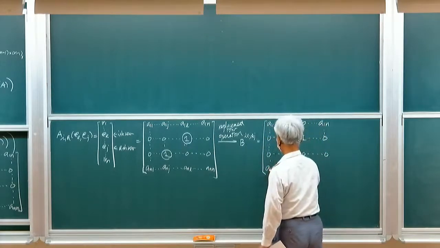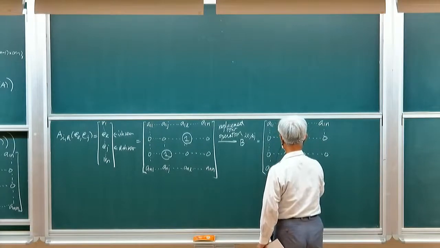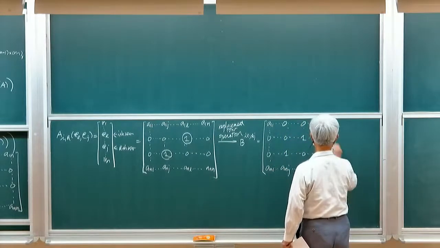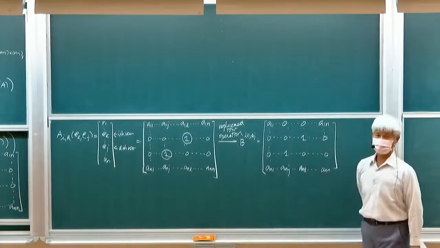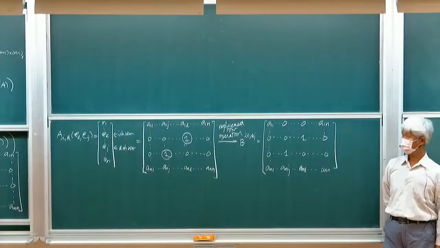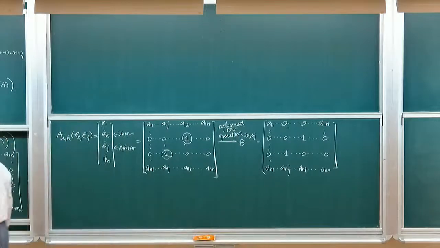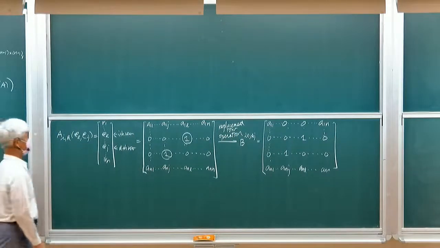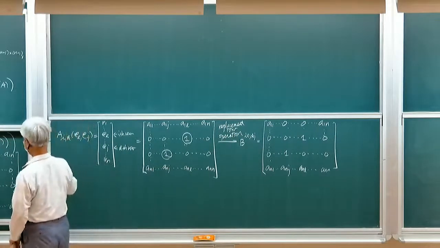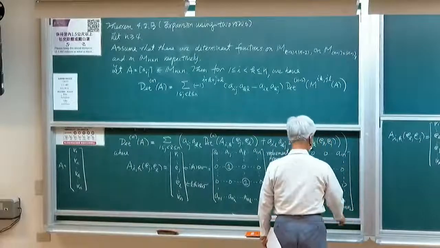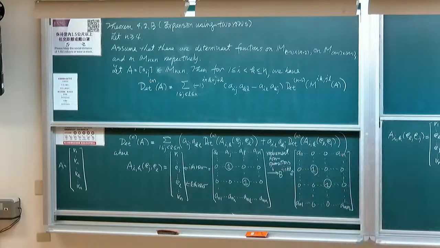And this is A_N1, A_NJ, A_NL, A_NN. We have that. Okay. Now, and for